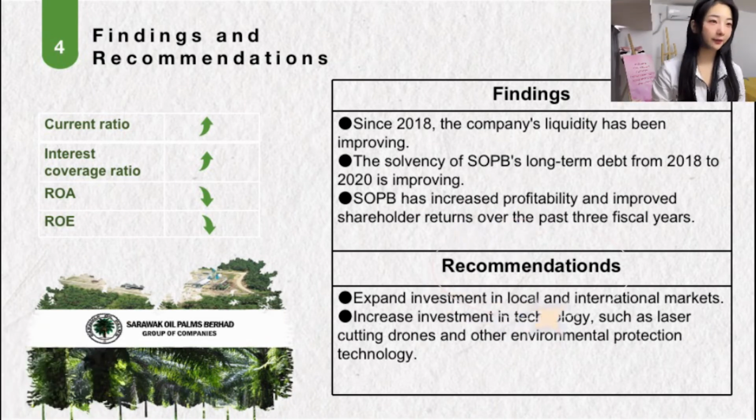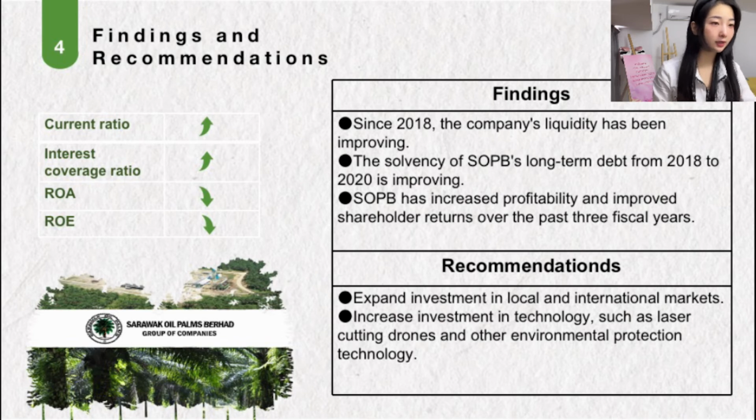Therefore, there are a few recommendations proposed. First, due to the high current ratio, the company can perform its business at higher risks, which means that they can plan for more investment in both local and international markets. On top of that, the company should also consider increasing the investment in technologies, since it has a strong ROE, with the potential chance from the emerging